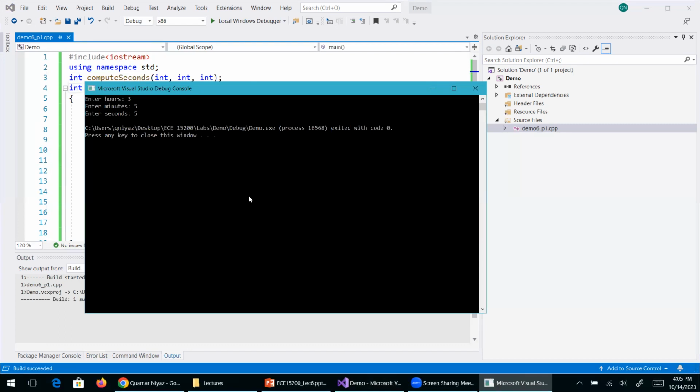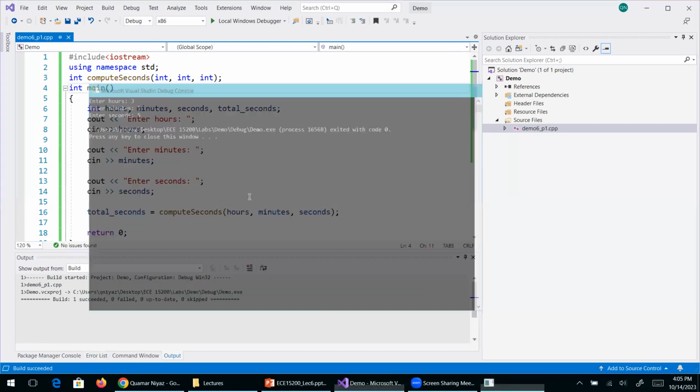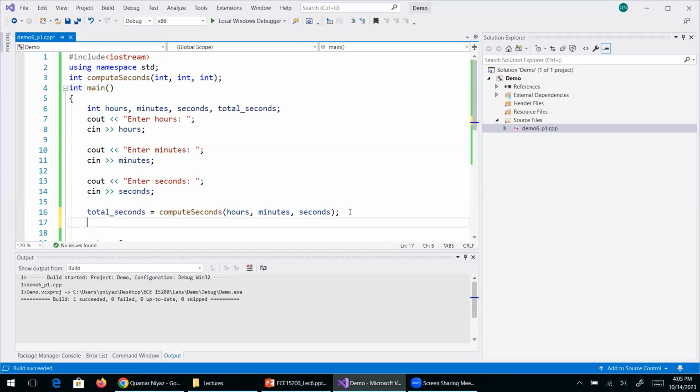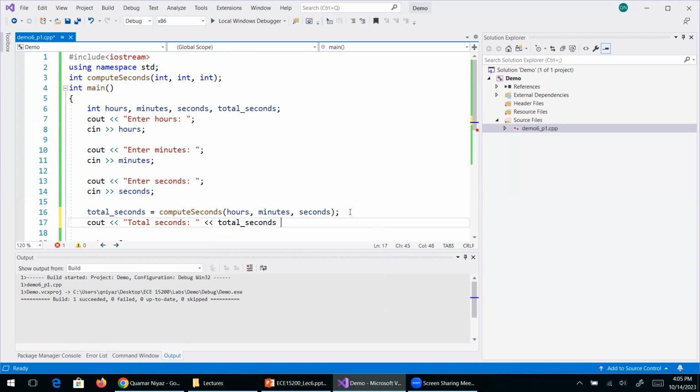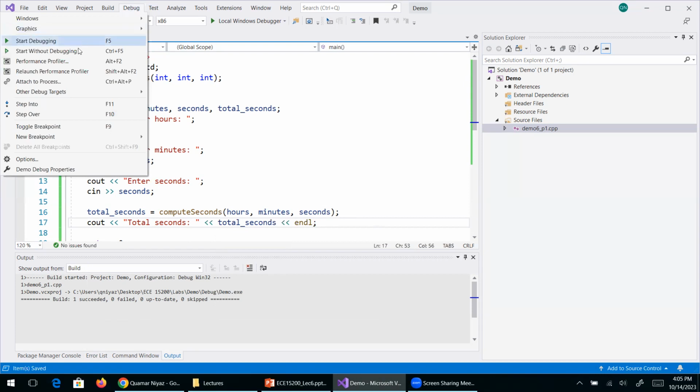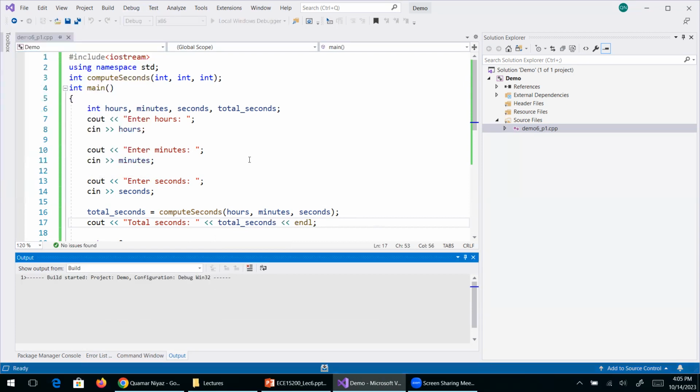It is not displaying anything because I have not displayed the total seconds. So let's display the total seconds, and then let's say add. Okay, so here, if I compile now and run it,